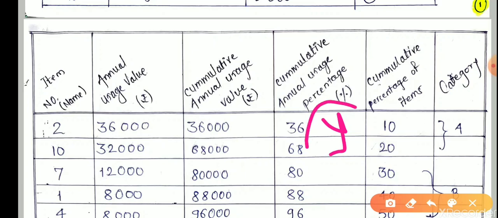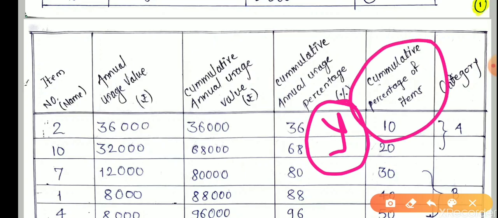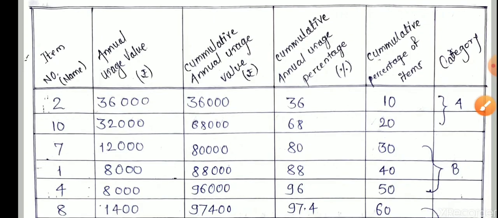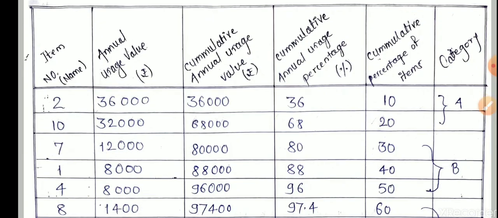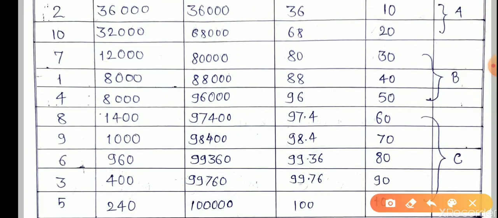On the Y column, we take the cost in terms of cumulative percentage. And now what is in the X column? We're taking the cumulative percentage of items. Now, how do we calculate the cumulative percentage of the item column? We consider the total number of items. We count them one by one.